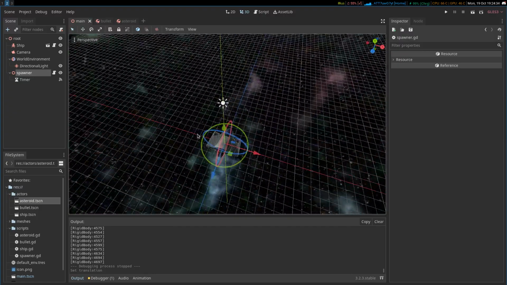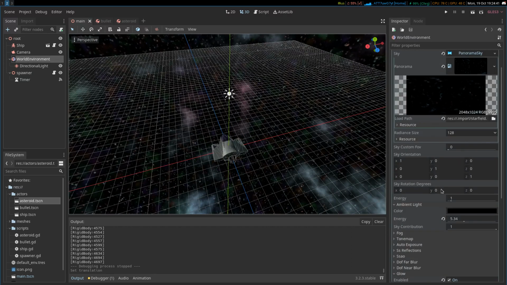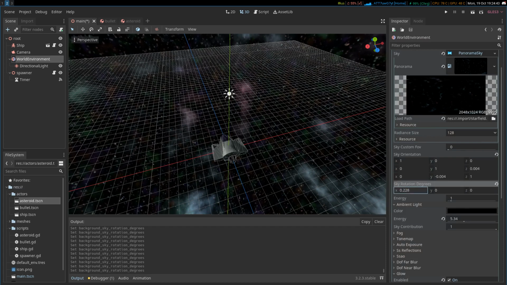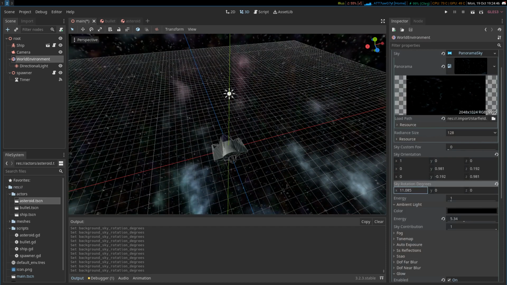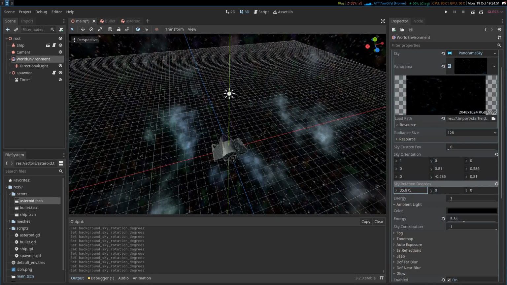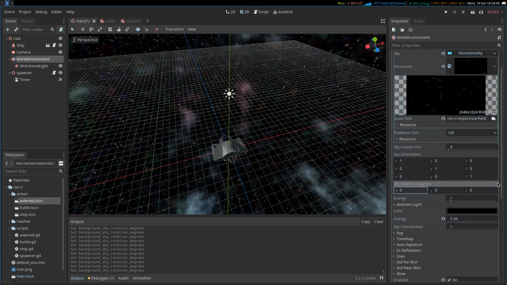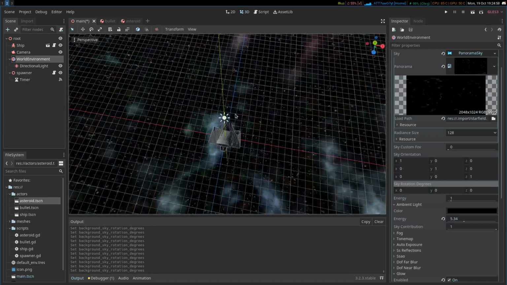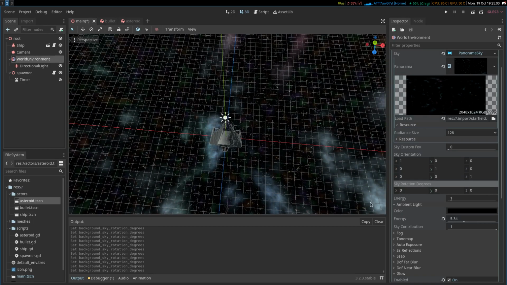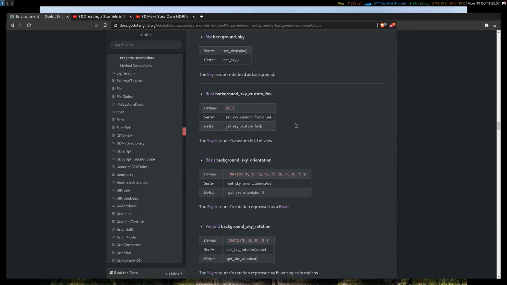As far as the background goes, what I found out is that under the environment background, there's a sky rotation degrees. Watch this. You can make the sky move. So if I actually use this, yeah, whatever. If I actually rotate the sky as I'm moving around, then I can give a sort of parallax effect. That's sky rotation degrees. And under the environment type,